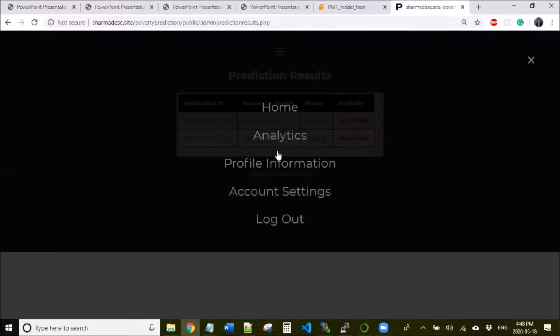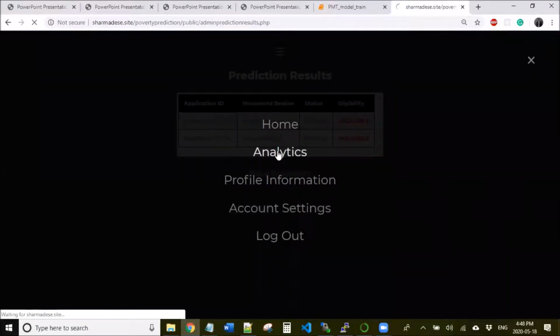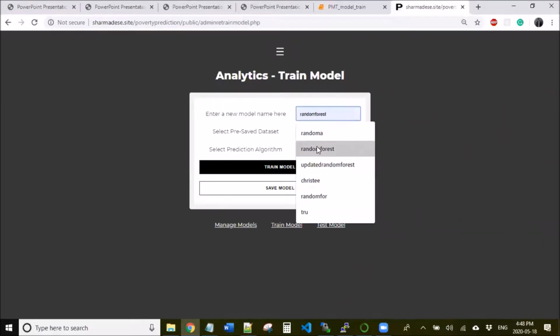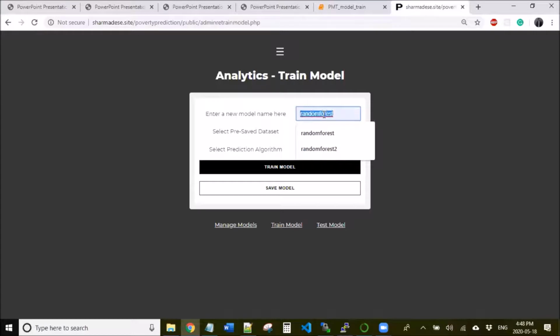So going back to the analytics section, another flexibility we have is that we can retrain a different model, deploy that model, and reuse that to analyze whatever applications have been submitted. So if I select the data set, and select the prediction algorithm, and a name for the data set, say a logistic regression model,